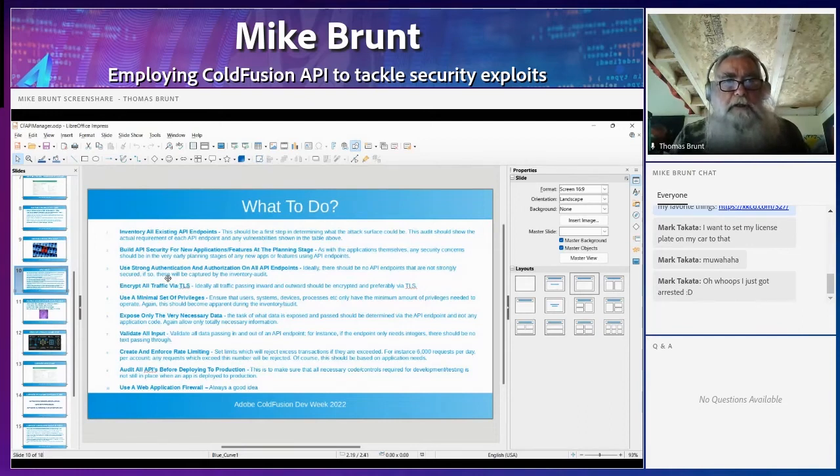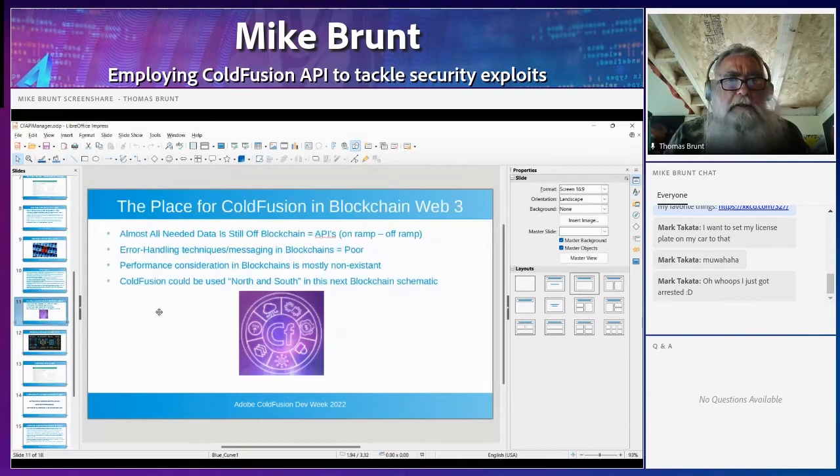Make sure that you consider how popular something might become in the planning stages. So, another little slide here. This is one from my last presentation. ColdFusion has a big place in blockchain and Web3 applications development. It's something that I think could be more explicitly